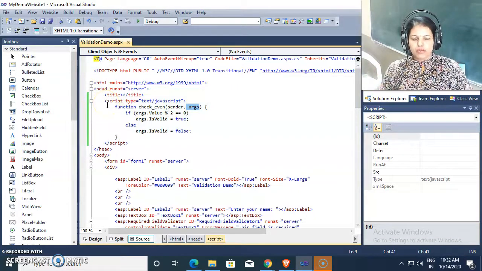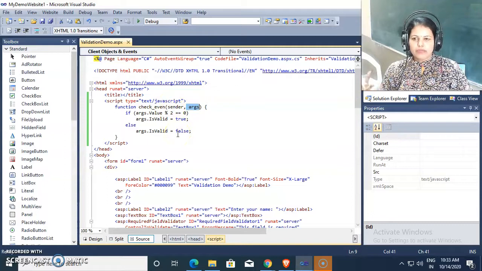Now if we want to check the field values on the server side, meaning that the function executes only after clicking the submit button, then you need to write a server-side function, meaning C# code. The earlier one is client side because we wrote that function in JavaScript.